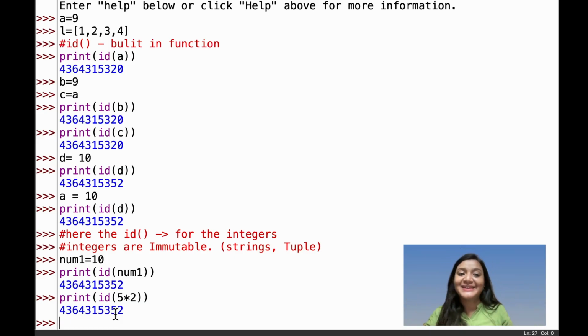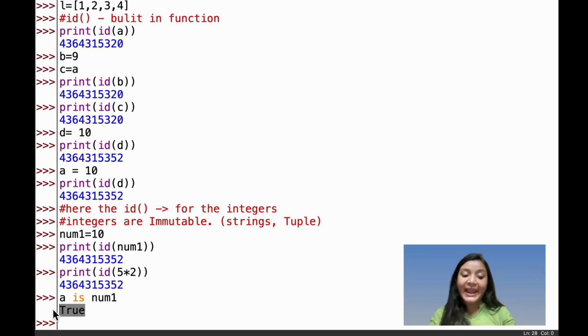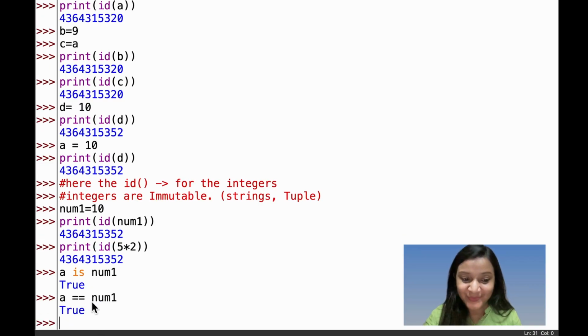So I hope by now it is clear that for integers the ids are always same. If you check whether the values are same with the is operator, a is num1, true, right? So the ids are same. If you do a equals to num1, even that is going to be true, right? So in case of integers, it's very interesting that both the is operator and the equal to operator are telling us that this is same, because until and unless the id is same, it's going to be same. But